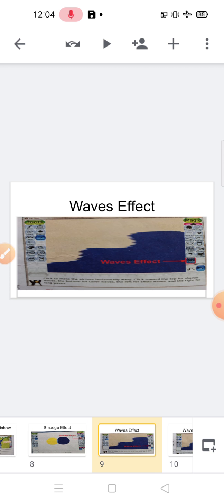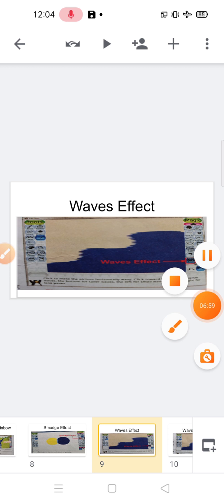Next is the waves effect. What is the waves effect? This effect is used to wiggle any picture side to side, that means horizontally. For this, first of all, you have to open a new file with a blue background. Select the pen tool and draw a filled curved structure as shown in the figure.